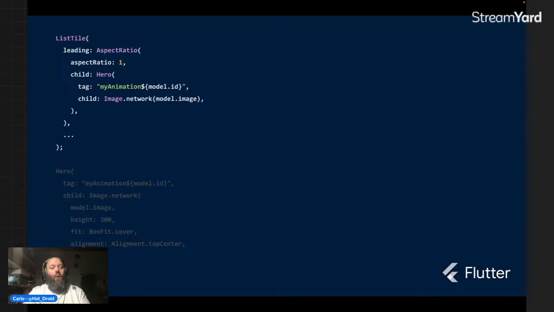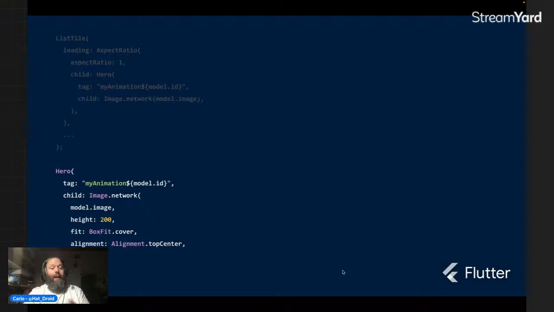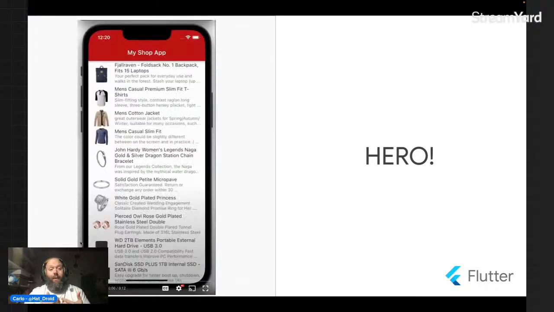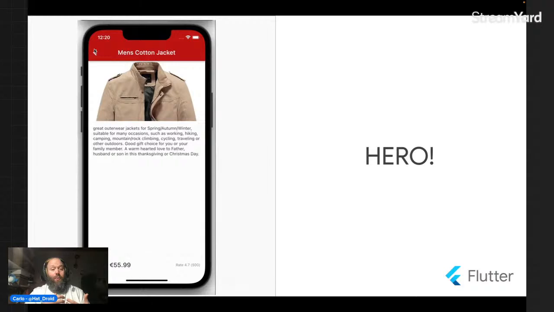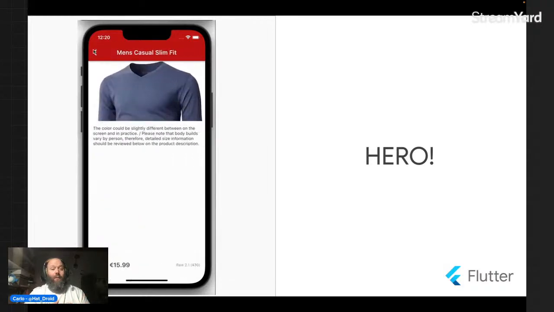Let's see. We had our image in the list tile. We wrap our image with a hero widget, as you can see here. And as a tag, we need a string. We use my animation and the model ID. And in the second page, where we add the bigger image, we use the same tag and we wrap it in another hero. Doing that, basically, we already have a widget that will animate back and forth whatever we are